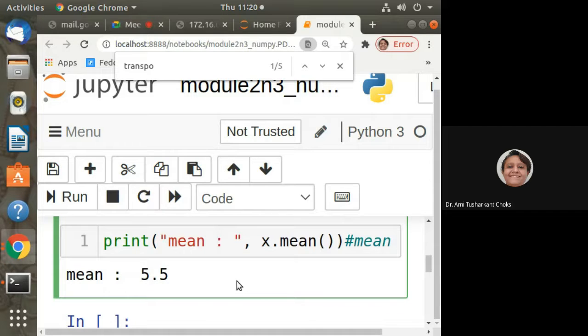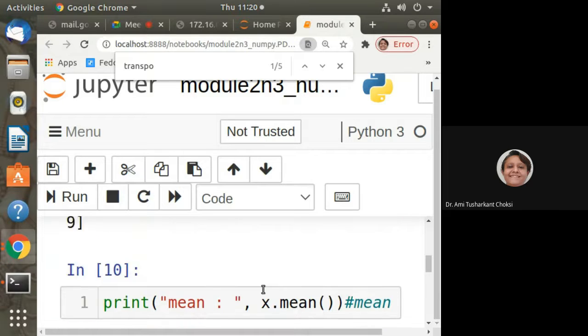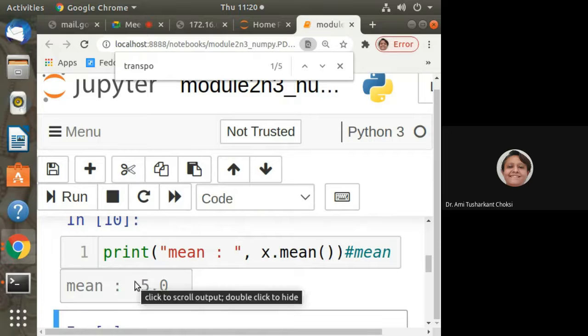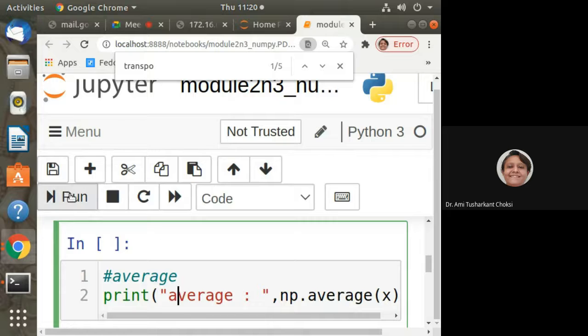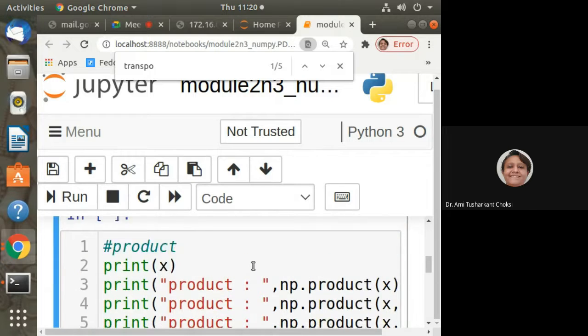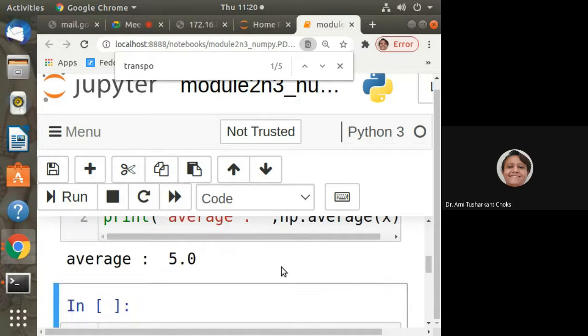It is maximum, so only the maximum is going to be considered, irrespective of its position. So this is the mean. Mean value is the average. For this data, we have mean and average the same. For other data, can it be different?